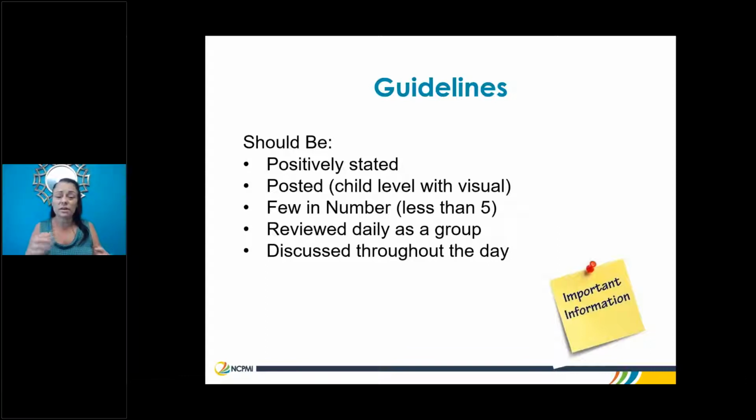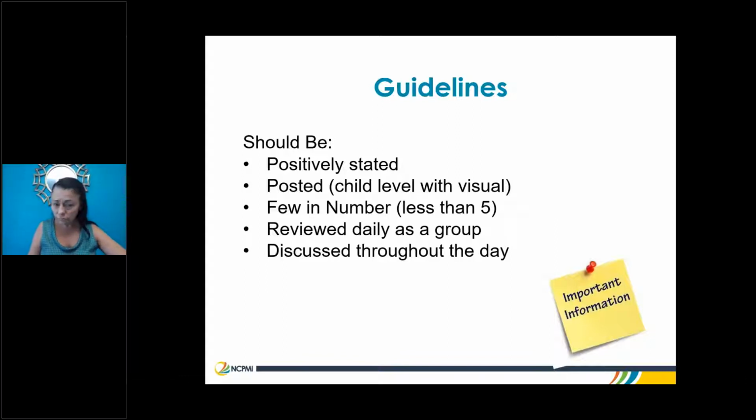We also want to consider developing rules that are few in number and expectations that are few in number. So we say less than 5. If we are adding posters that have more than 5 expectations, it's really going to be hard for kids to remember. It's hard for me to remember. It's hard for adults to remember. So keeping them few in number will help everybody get on the same page. We're all talking the same talk, and we all can remember those things